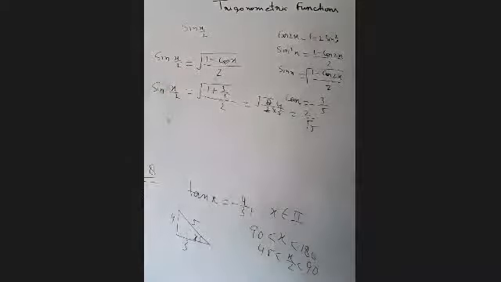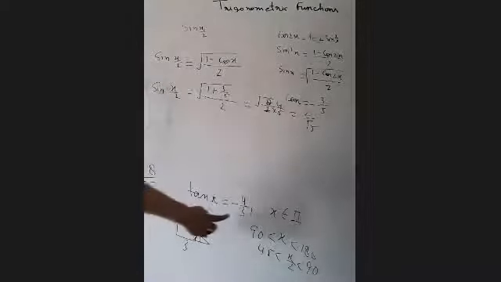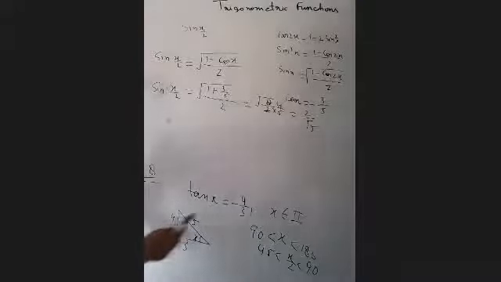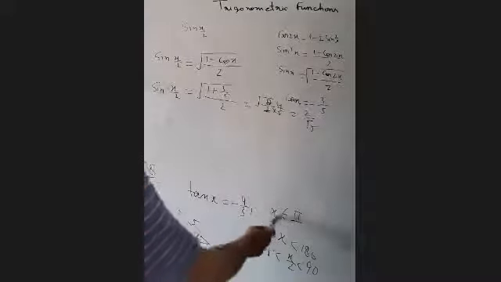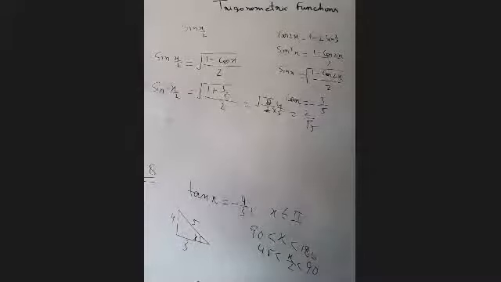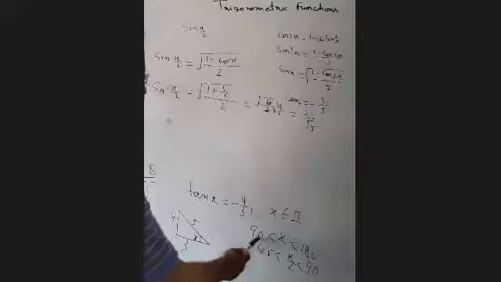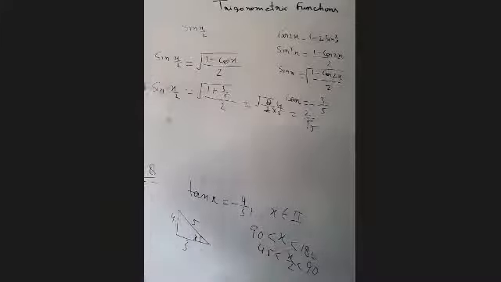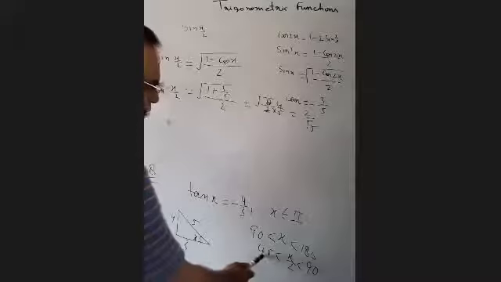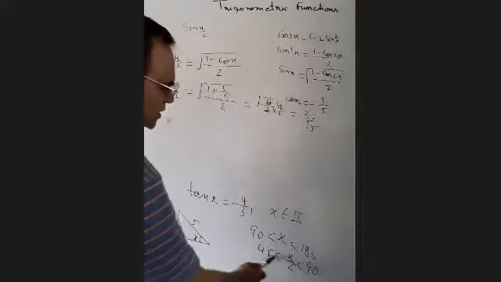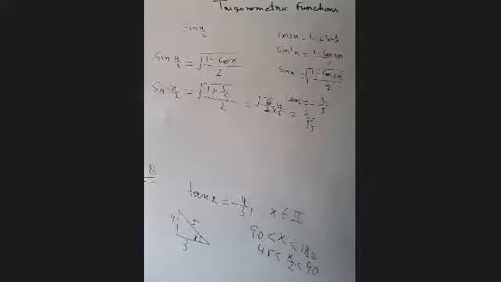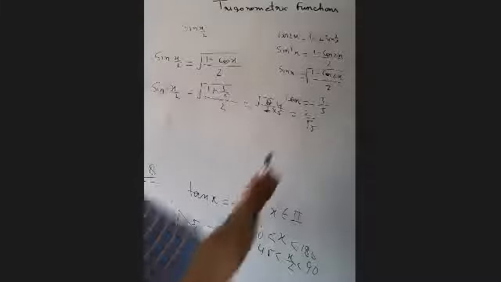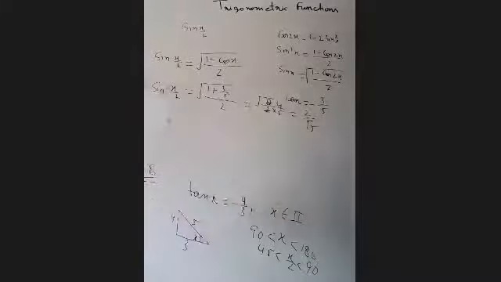Just see again, I am explaining you again. Tan x they have given you minus 4 upon 3. x belongs to the second quadrant, it is more than 90 degree and less than 180 degree. x by 2 will be in the first quadrant, greater than 45 and less than 90 degree. So sin x by 2 is in the first quadrant, where all the trigonometric ratios are positive. That's why we are giving the answer as positive.